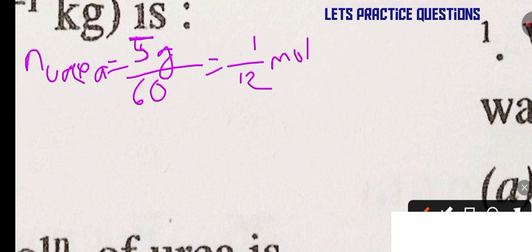Then mass of urea. Then let's calculate molality, which is equal to moles of solute, 1 by 12, divided by